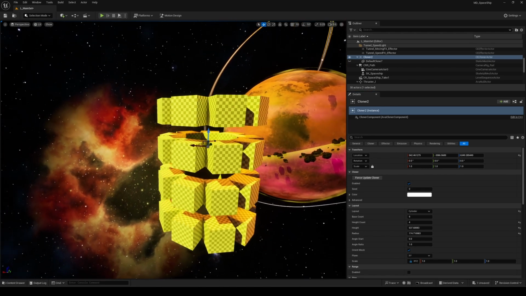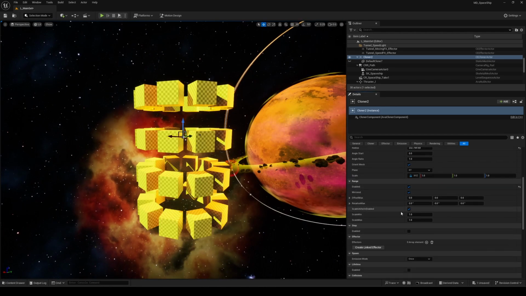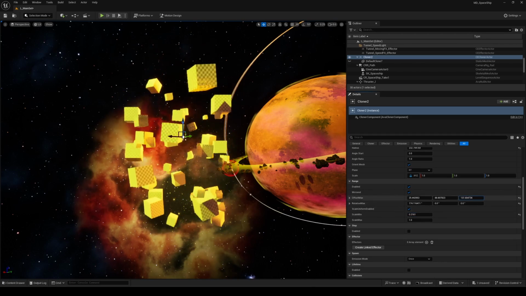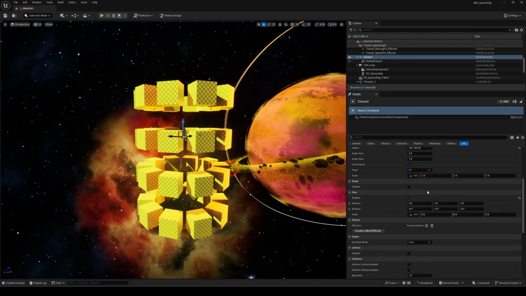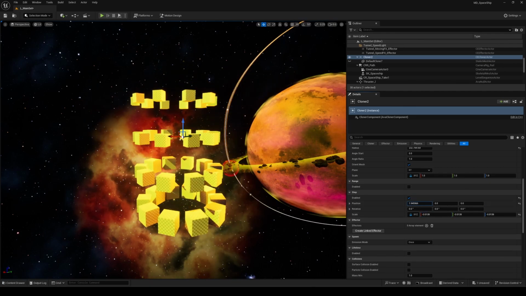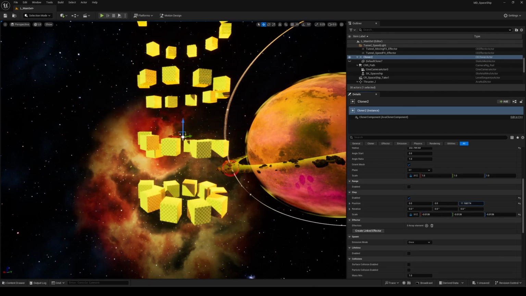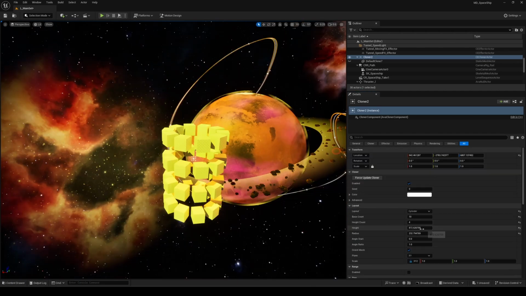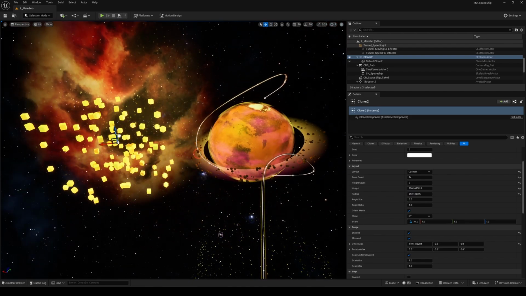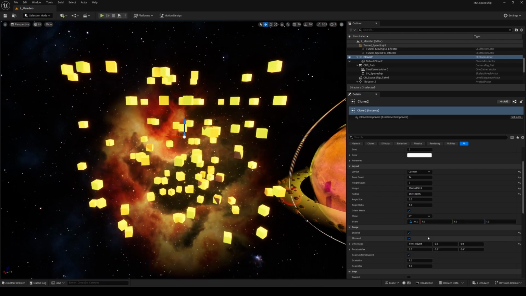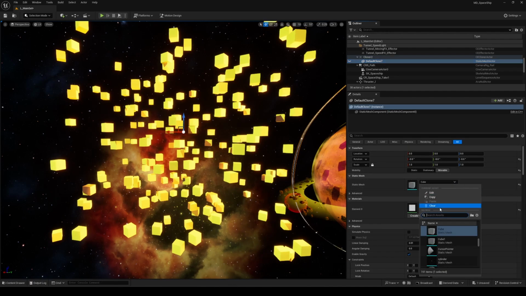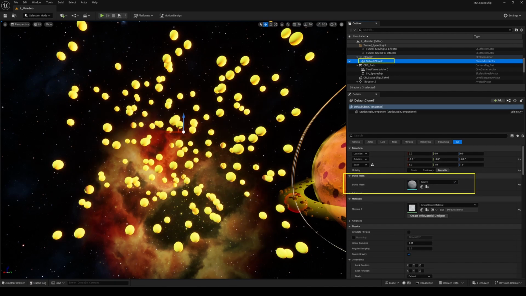By enabling range, you can add variation, randomizing the transform attributes like position offset, rotation, and even scale on a per instance basis. The step section affects the transform too, but it applies across the entire system of instances rather than per instance, influencing the cloner's overall behavior. Based on these inputs, let's create a random shape as a starting point. You can of course modify the shape of the initial static mesh via its parent actor by specifying any mesh you want, including nanite meshes. The transform component of that mesh can also be handy in addition to the cloner's own transform.